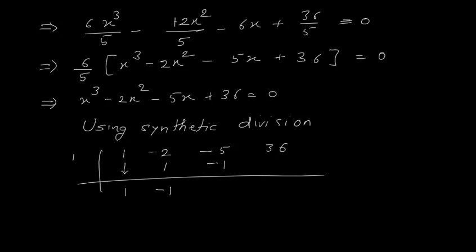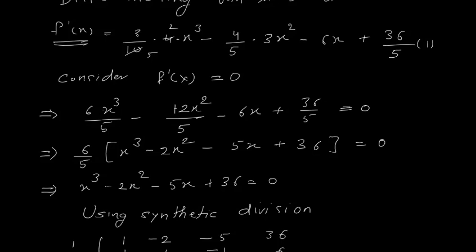Now again add, I will get minus 6. Again multiply 1 with minus 6, I will get plus 6. So here you see that you are not getting answer as 0. So taking 1 will not give you any advantage. Let us check whether you have done it correctly.